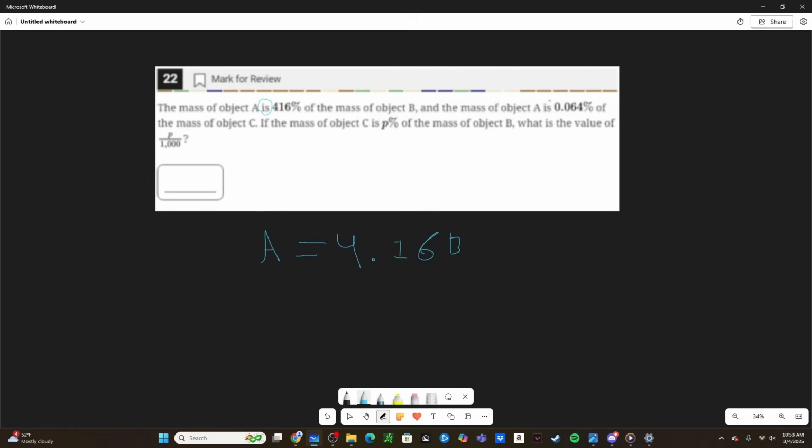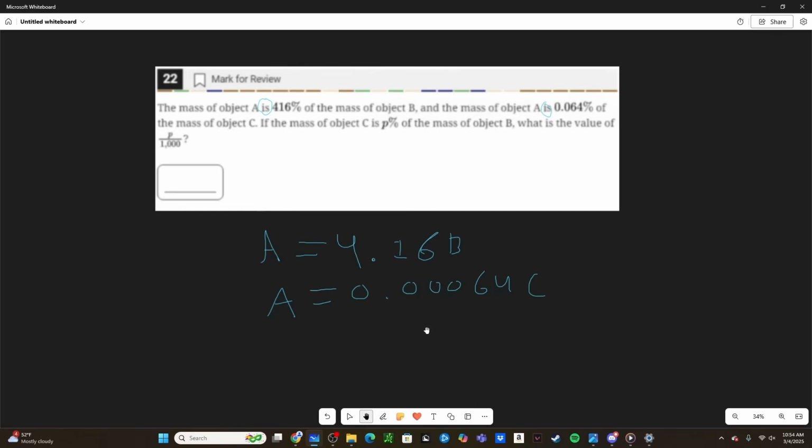For our second equation, we have the mass of object A is 0.064% of the mass of object C. So A by itself is 0.0, but then we divide by 100, so we add 2 zeros, we get 0.00064 multiplied by C. Now that we have these two base equations, let's look at what they're asking us. If the mass of object C is P% of the mass of object B, what is the value of P